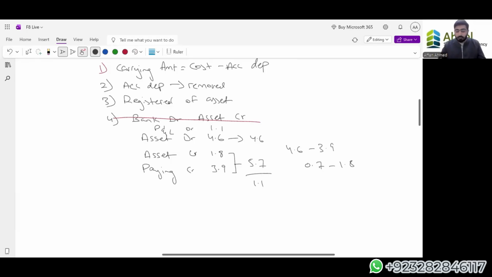Okay. Now, for further calculations, we can recalculate the depreciation for the asset that we are selling. Right? If you're selling an asset, we have to check the particular depreciation because we have a carrying amount derived from that. We have calculated the depreciation first. We have checked the accumulated depreciation. We have recorded that we have had a loss. We have removed the assets that were sold, the 20 old vehicles, from our books. Now, the new vehicles, we have to add them in the fixed asset register, right?